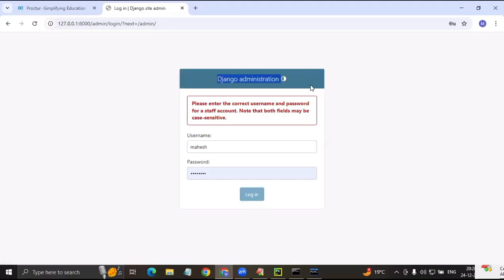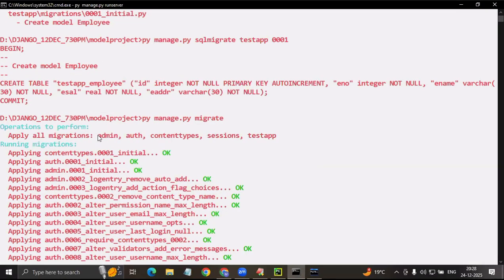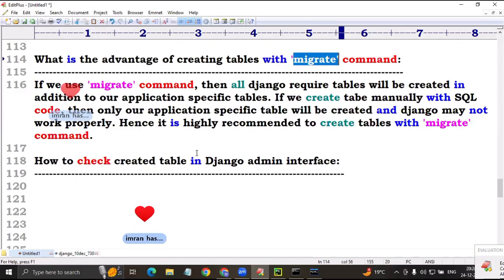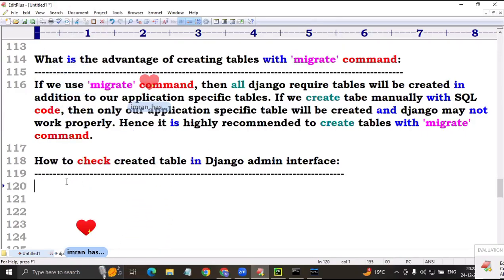దీనికి ఒక యూజర్ నేమ్ పాస్వర్డ్ కావాలి. We have to create. That username and password will be saved in one table. What is the table name? Admin. If the admin table is not there, where will it be saved? That is the reason why we are executing the command with the help of migrate. How to check this: first step, we have to register